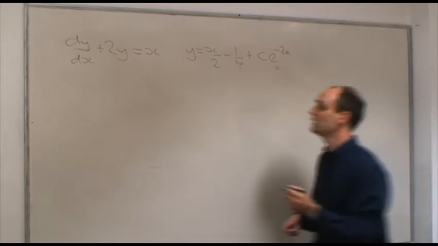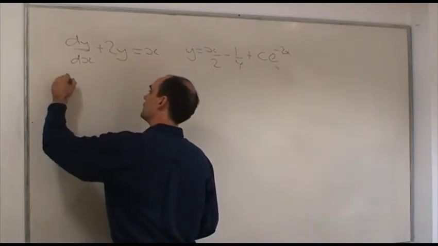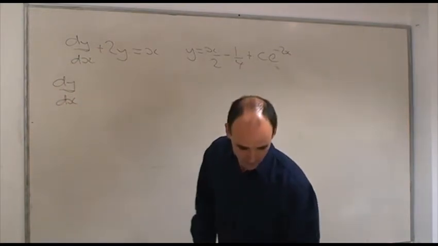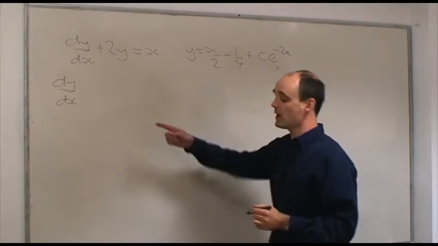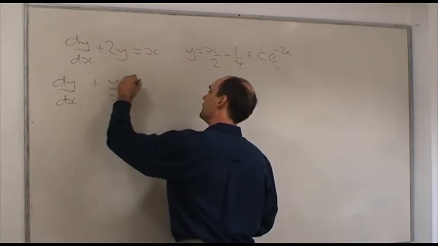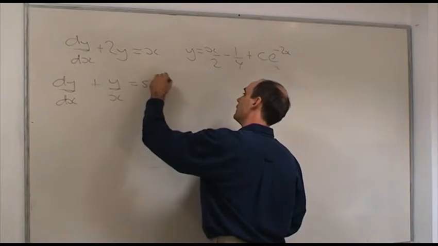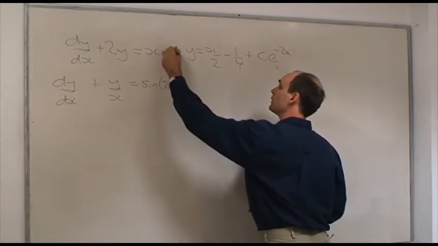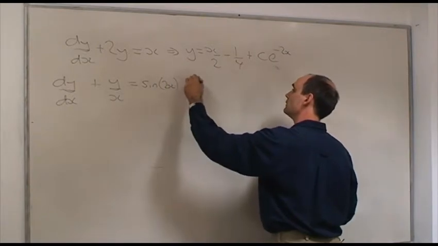And the second one we did was dy by dx plus y over x is equal to sine of 2x. And the solution we got for this one, let's put some implication signs here,